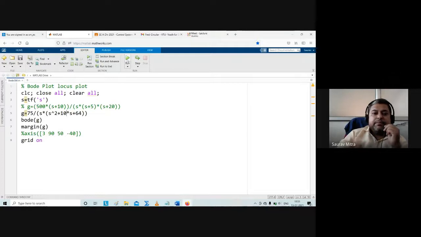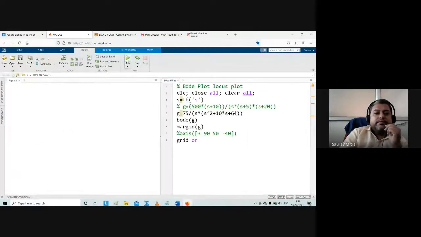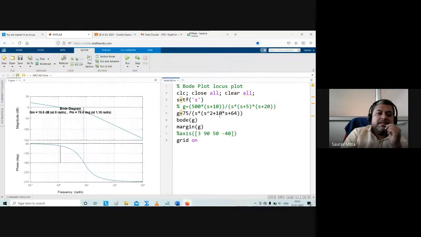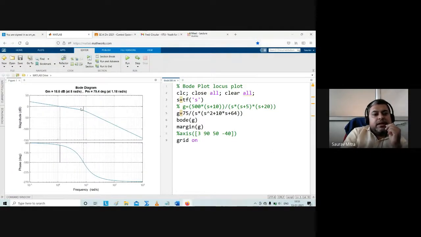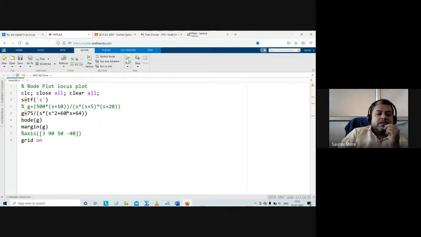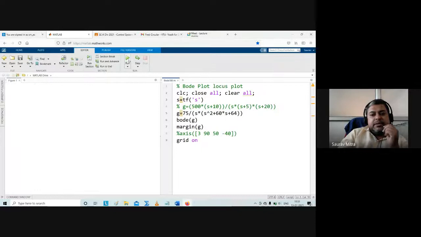So now it is going up because it is giving more of a notchy kind of response. But if you are increasing this 2 zeta omega n value, that means if you are increasing the zeta, ये देखो, okay, so at this zeta it is coming below. अभी इसको और बढ़ाओ. Let us see whether we are getting a hump in the negative direction or not. That is the part I wanted to show you. We want to get a hump on the negative side. Let's see whether we are getting it or not.